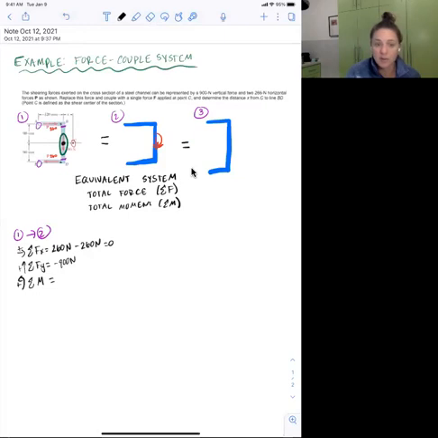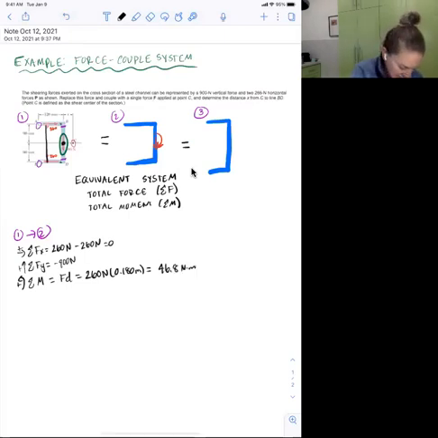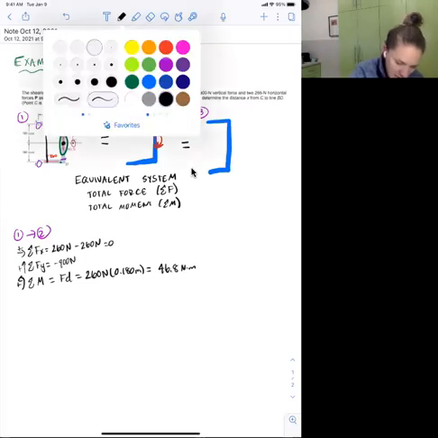So the moment is going to be F times D. It's going to be 260 newtons times that perpendicular distance between them, which is this distance here that I just drew in black. It's 0.180 meters. And so the moment that it feels is 46.8 Newton meters. So all of this is from